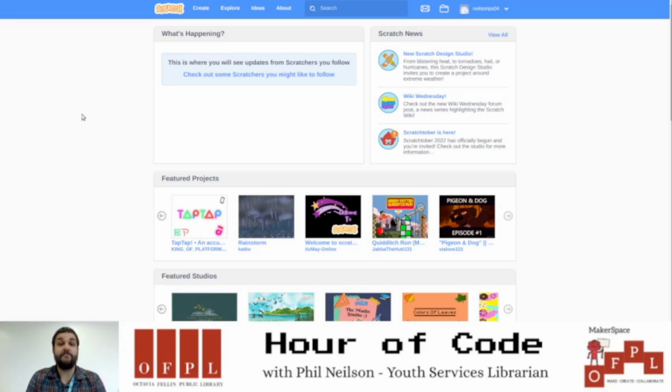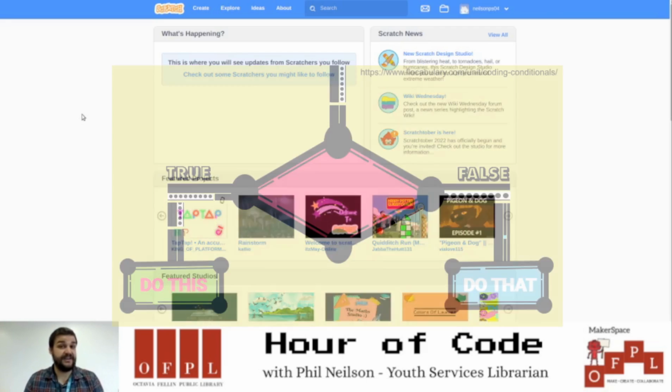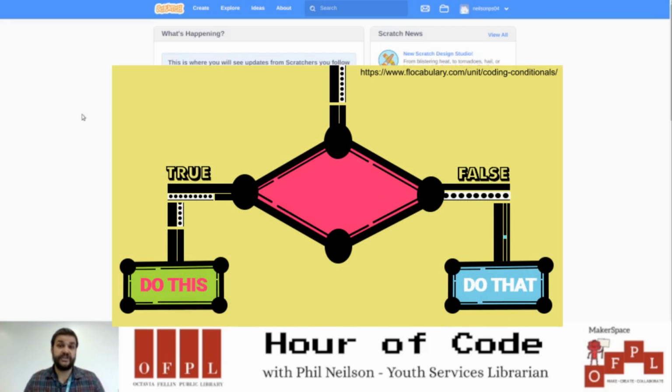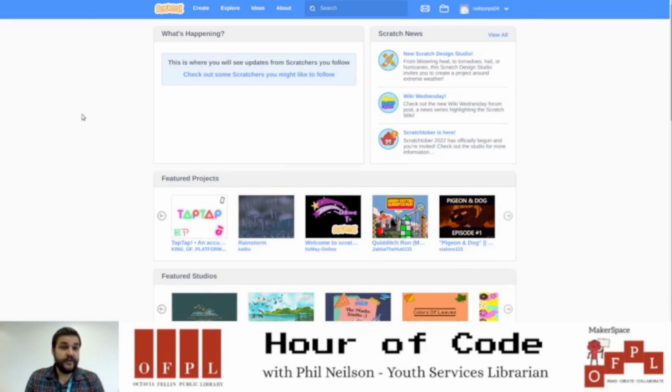Today we're going to be making a maze game. And we're going to be learning about a really important computer concept called conditions, which is when you tell a computer to check if something is true or false, and then you tell it what to do if it's true or if it's false. To get started, first please go to